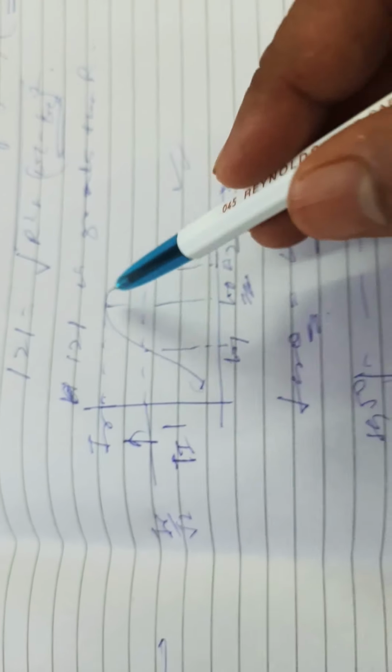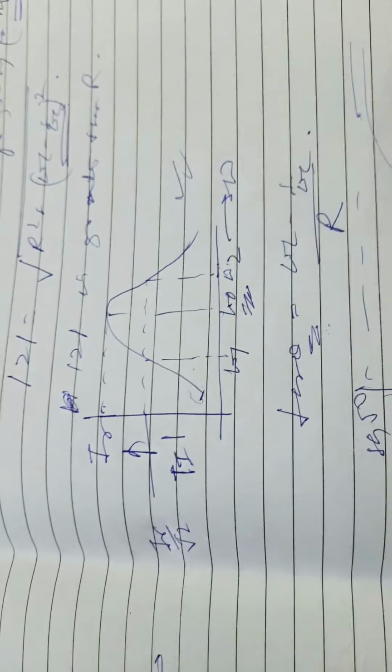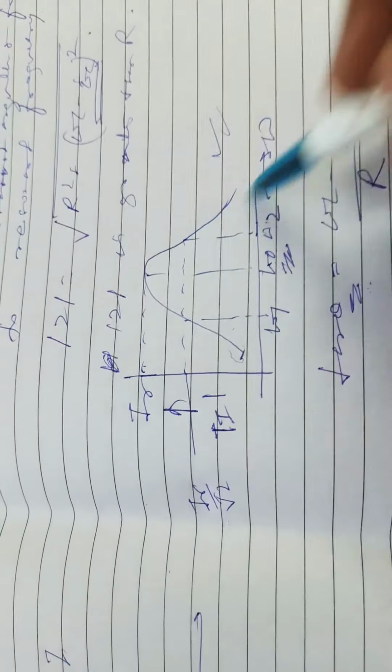Now the sharpness of resonance. The sharpness of resonance refers to the rapidity of the fall of current, that is, how rapidly the current falls on either side of the resonant frequency. As we have seen already in this figure, the current falls rapidly about the resonant frequency. So the resonance is very sharp; the current falls to very low values as the frequency is varied on either side of the resonance frequency. It is clear that the series RLC circuit exhibits selectivity.